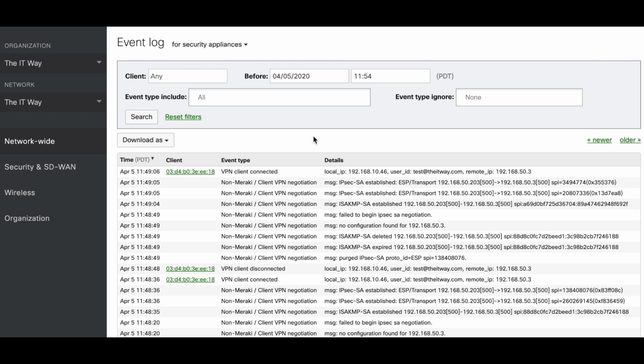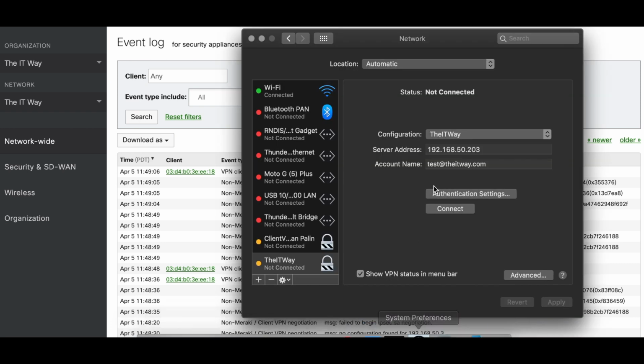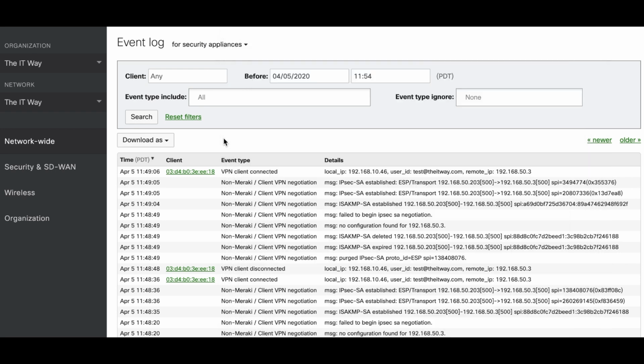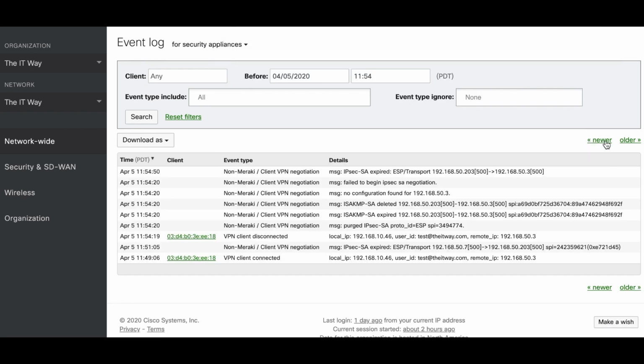Now, I would like to cover the healthy process of the Client VPN connection, so you can see everything from the beginning to the end, now that we covered the main parts for the troubleshooting scenarios. So now what we're going to do is connect, since we know that everything is fine and proper. Here you can see the connection. If we go here in the event logs,